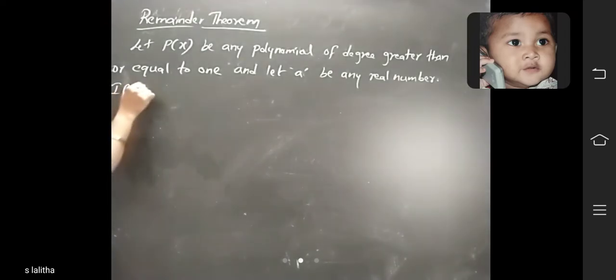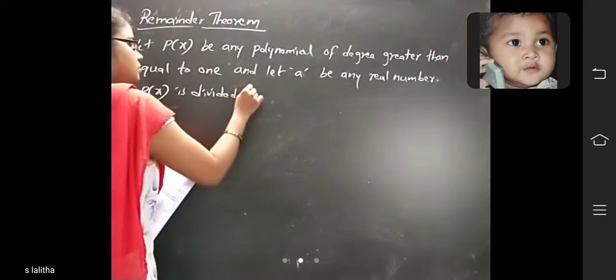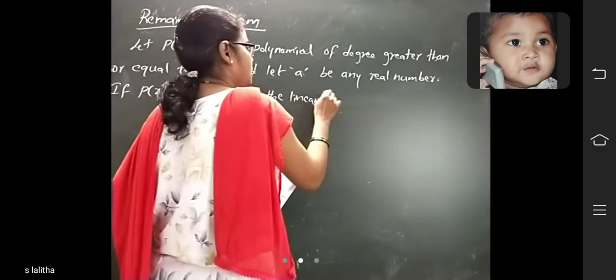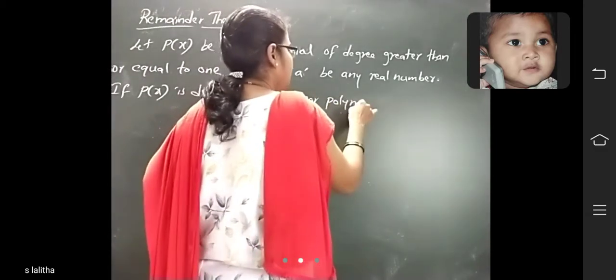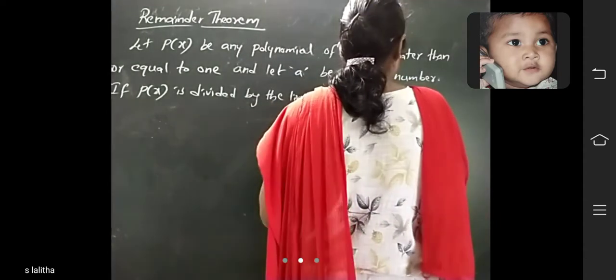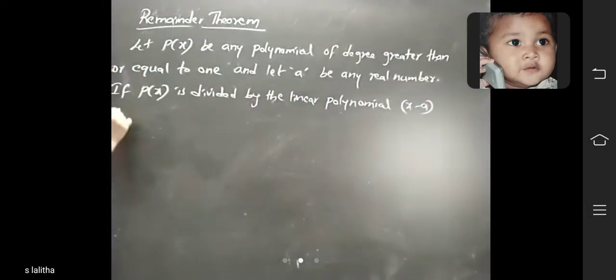If p of x is divided by the linear polynomial x minus a, then the remainder is